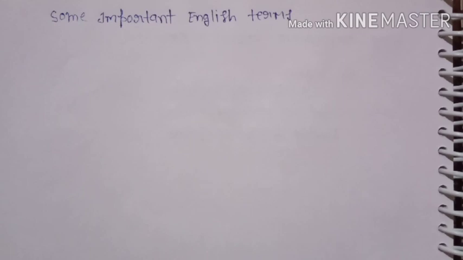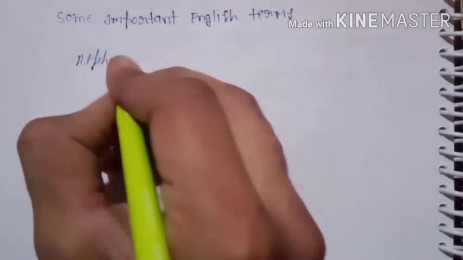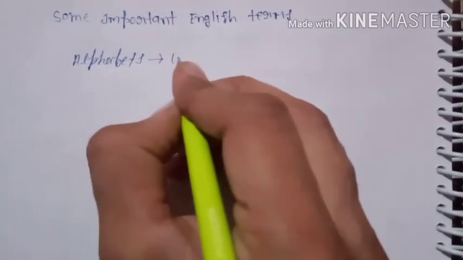आज हम अपनी इंग्लिश की पहली क्लास शुरू करते हैं, जिसमें इंग्लिश की कुछ इम्पोर्टेंट टर्म्स मैं आपको बताऊंगा, जो बहुत ही बेसिक यानी कि इंग्लिश का आधार हैं, इंग्लिश ग्रामर अगर आपको पढ़ना है तो उसकी बिल्कुल आधार बातें हैं। देखिए, सबसे पहले हम देखते हैं अल्फ़ाबेट्स। अल्फ़ाबेट्स क्या हैं? अल्फ़ाबेट्स हमारे लेटर्स हैं